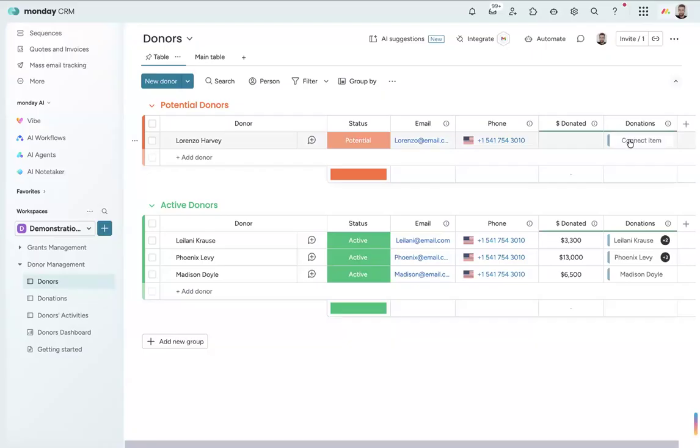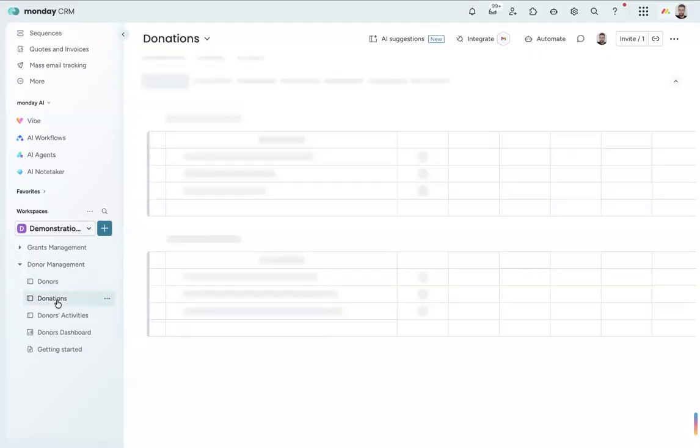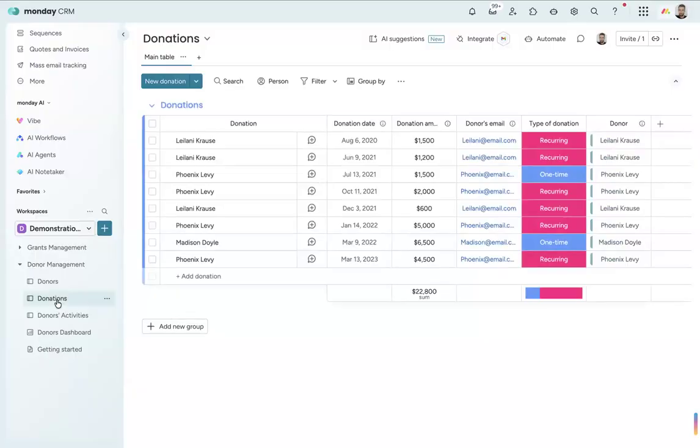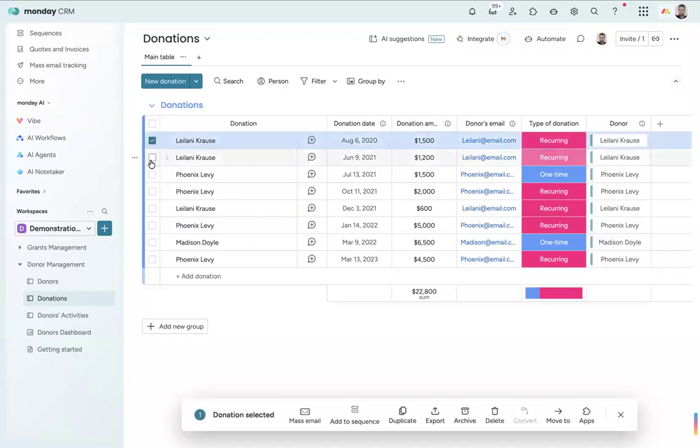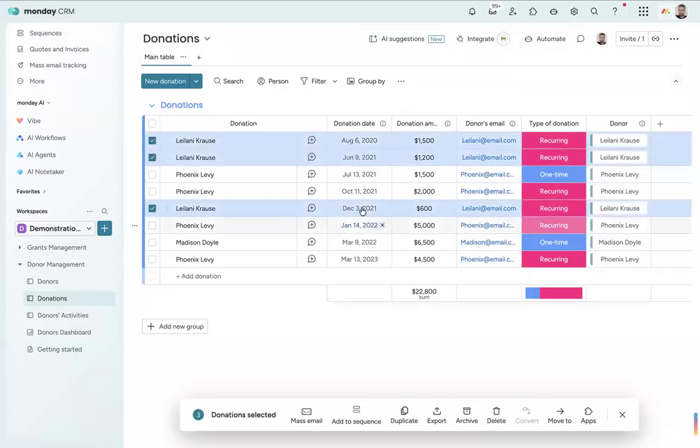And then it connects to the donations board. And on the donations board, this is where we list the individual times that they gave money. So here you can see some people appear more than once. That's because Leilani, for example, has given 3 different amounts on 3 different dates. They're all connected using this connect board column back to her one entry in the donor database. So if you've got different campaigns, you could have many different campaigns on their own boards, or you could have all of the donations coming in here, and you could add, for example, another column like this one to show which campaign it comes from. We can look at that in a moment.